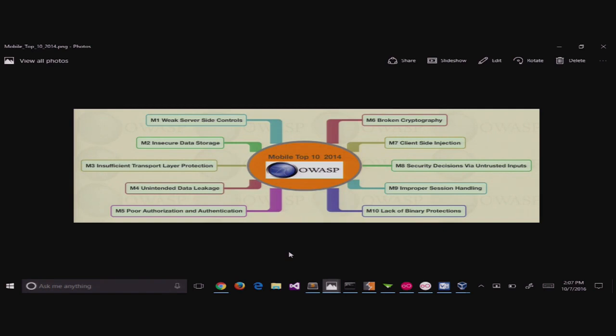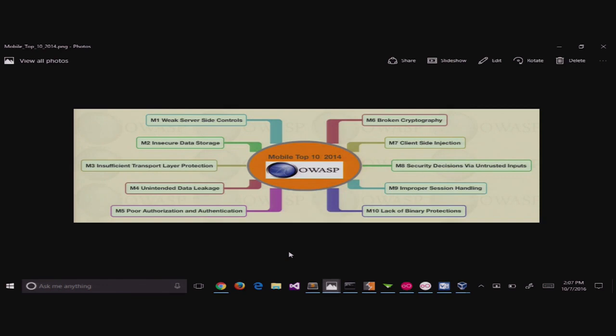OWASP has a series of projects that they manage, some of which are documentation projects and some of which are code projects. We're actually going to use several of them today. And one of the projects is very famous. It's the OWASP Top 10. The OWASP Top 10 is a marketing piece. It is something that you as a security professional can wave under the nose of your C-level staff and say, these things are very important, we need to teach our developers about them. Now, it is not an application security program, and you can't build anything with it, but you can explain things with it. The mobile top 10 does a pretty good job of doing exactly that.